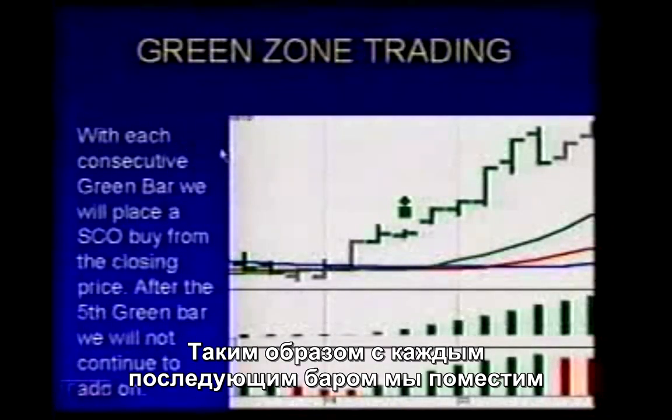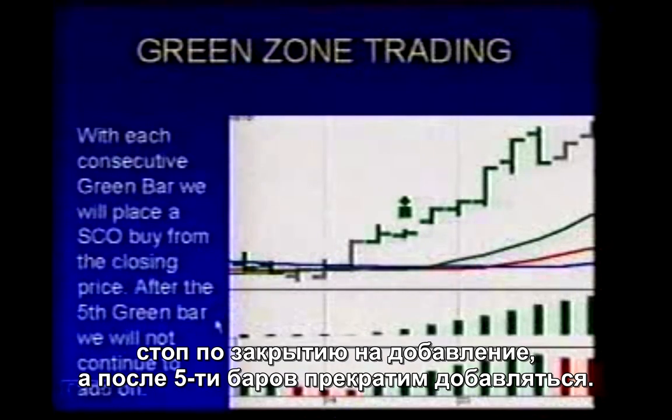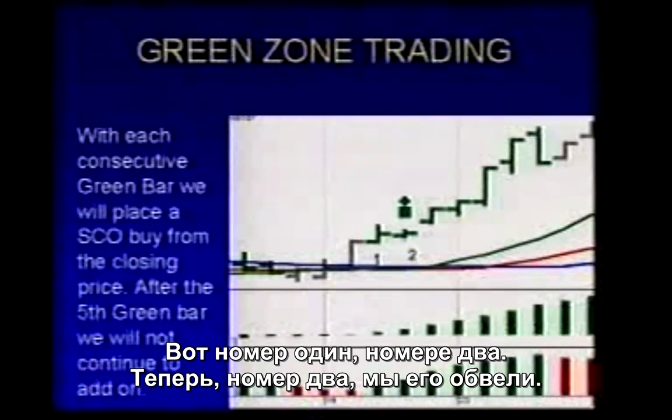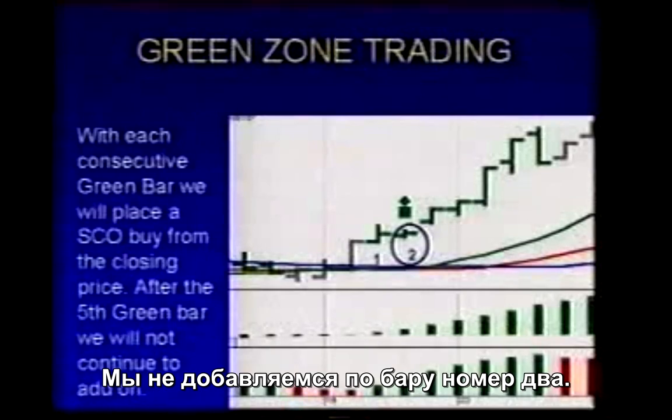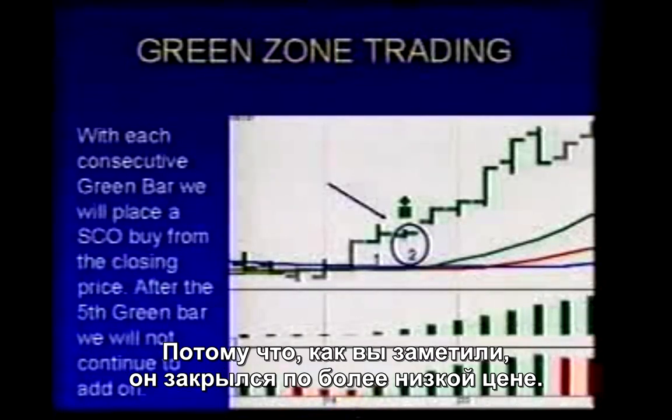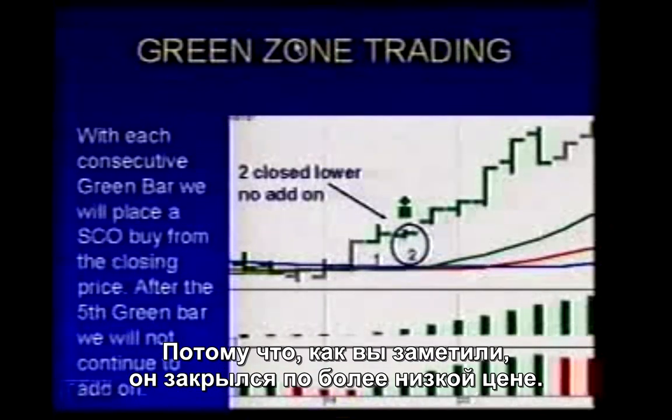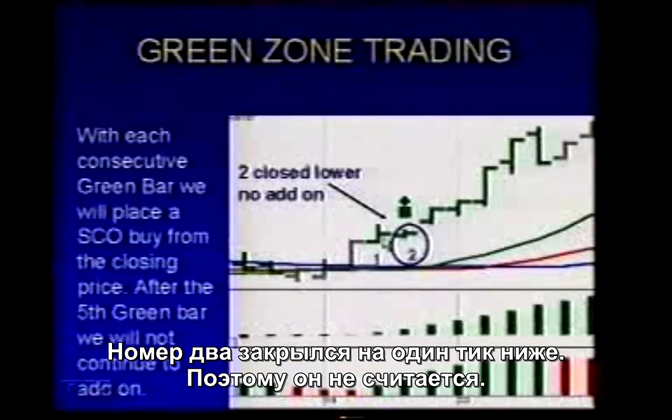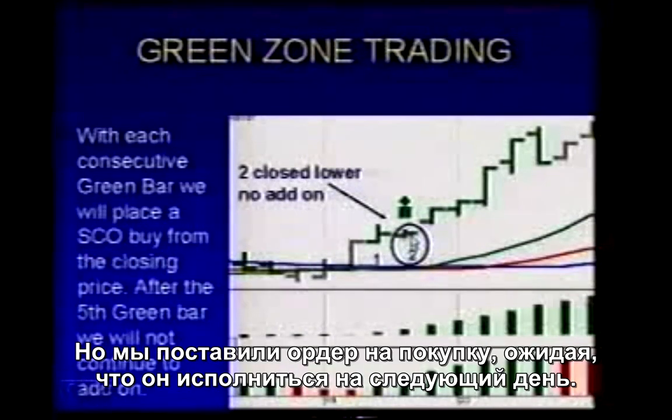So here we've got, with each consecutive green bar, we'll place a stop close only buy from the closing price. After the 5th green bar, we will not continue to add on. So there's number 1, number 2. Now at number 2, we've circled that because we do not add on at number 2. Notice that that has a lower close. Here's number 1, there's its close. Number 2 closed 1 tick lower, so it does not count, but we do now have a buy order in